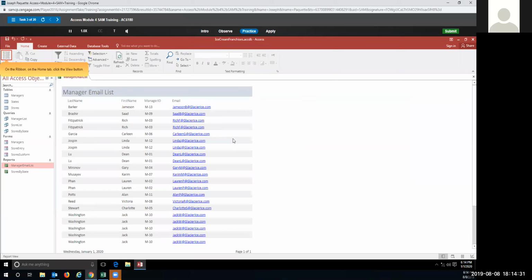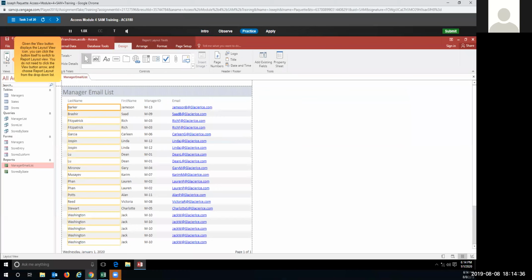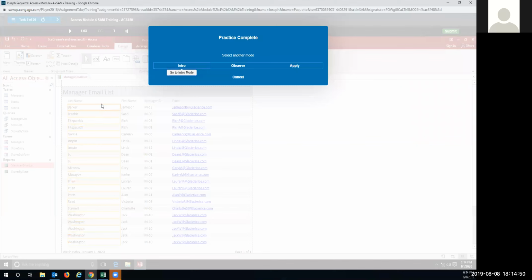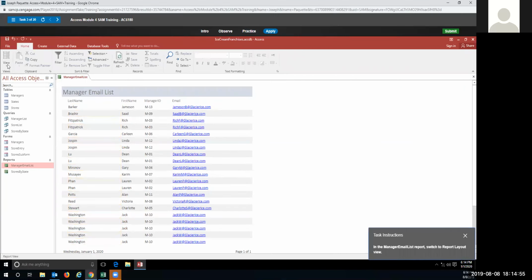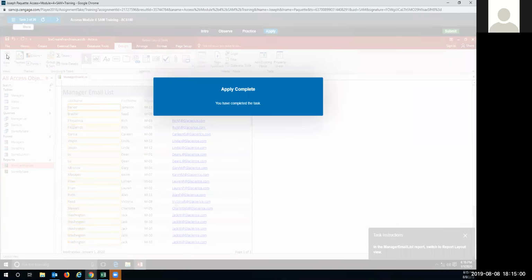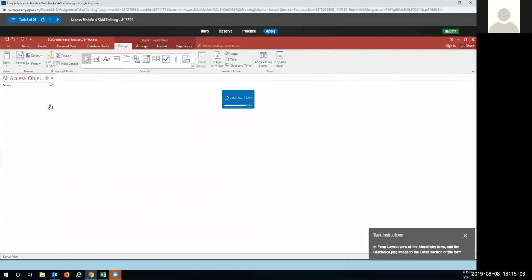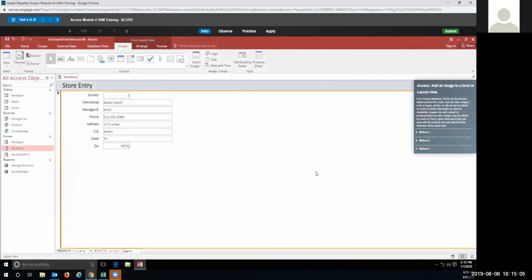On the ribbon, on the Home tab, click the View button. Given the View button displays the Layout View icon, you can click the button itself to switch to Layout View. You do not need to click the View button arrow and choose Layout View from the drop-down list. So click View. So you can do it both ways, remember? All right,